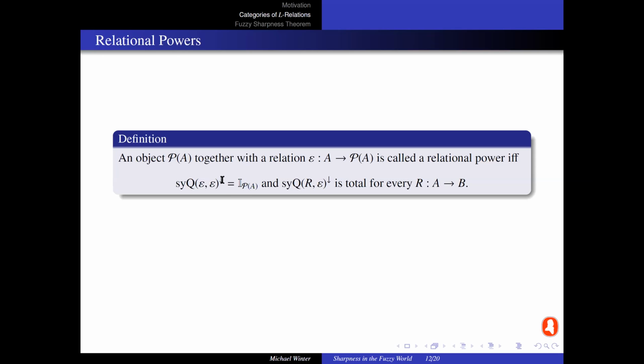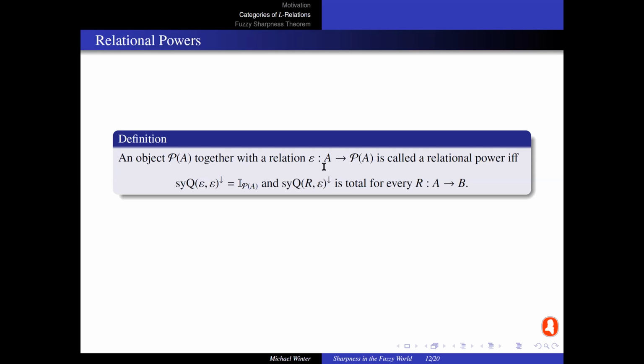You have those arrows over here attached to it. Yeah, and why is that? Now this has simply something to do with fuzzy sets and fuzzy power sets. Because what we want in this case is that this power set, this P of A in the concrete case, is the set of all fuzzy subsets of A. And in that case, this element relation, which is defined over here, epsilon,